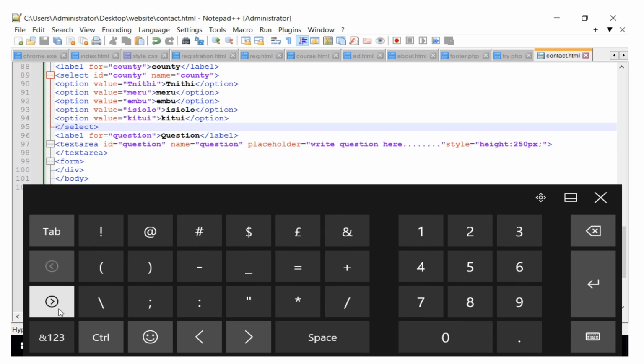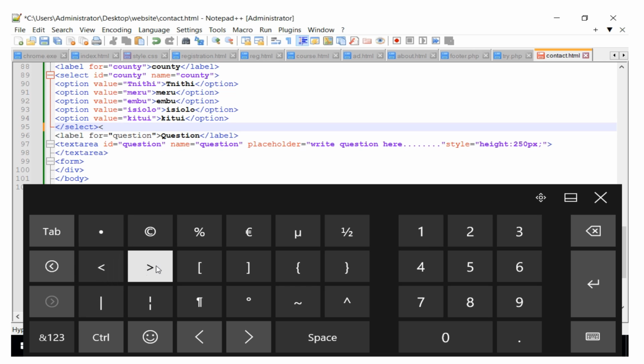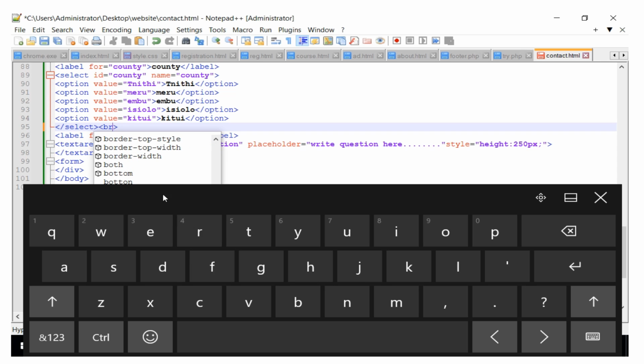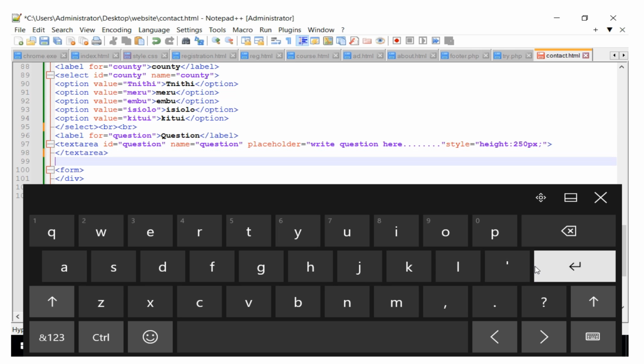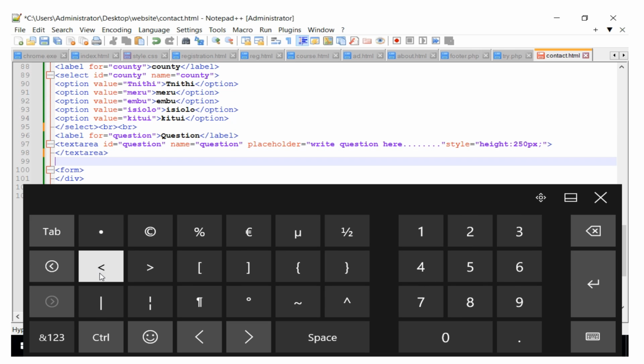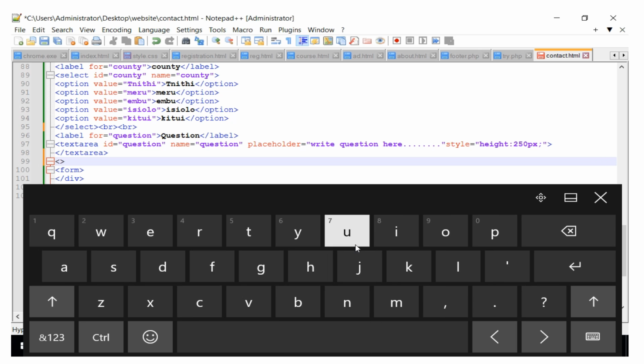So instead here I have this break, then I can break it twice, and then after this maybe I can have the last input here. I can have the last input there, and this input type